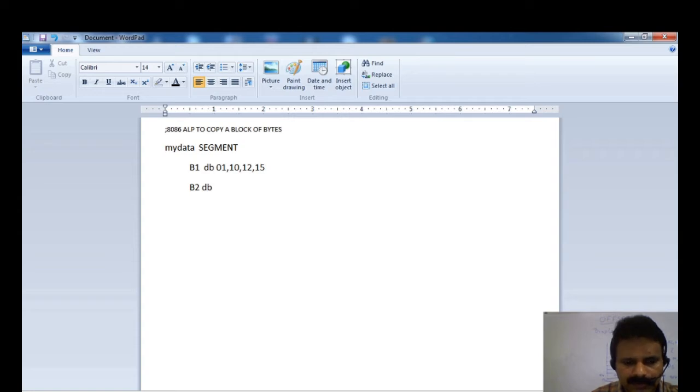B2 is defined with the block size being 10 duplicated, and I'm filling it with zeros.